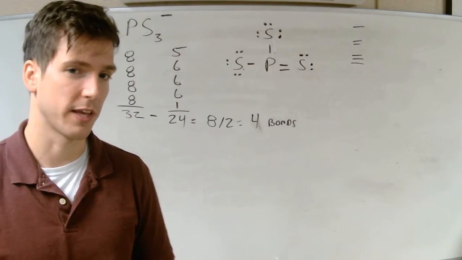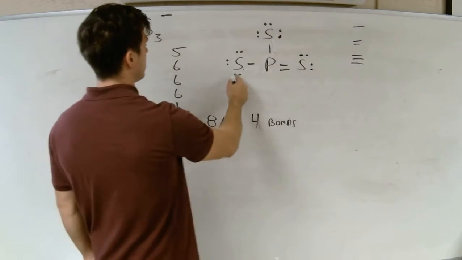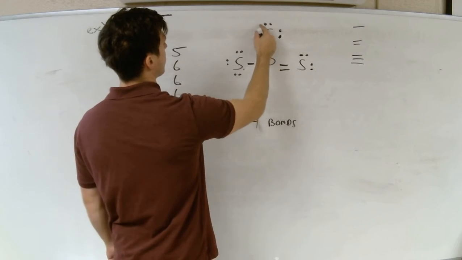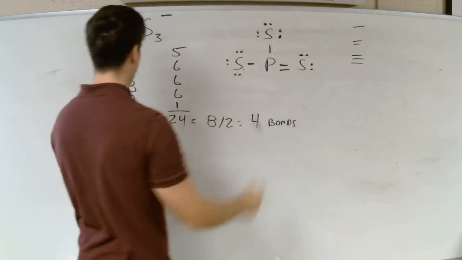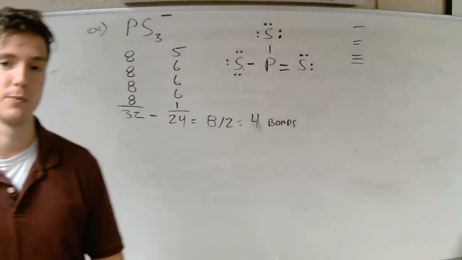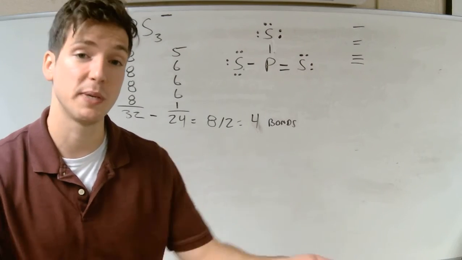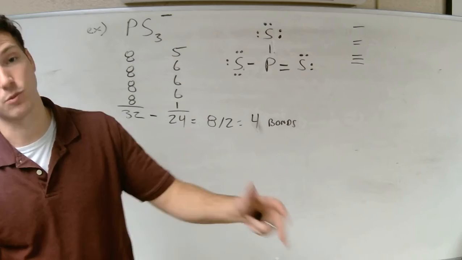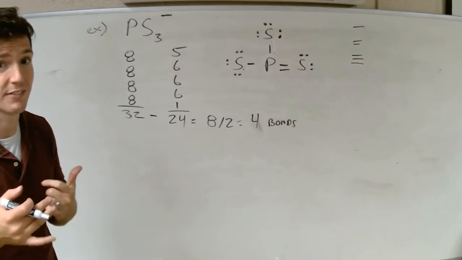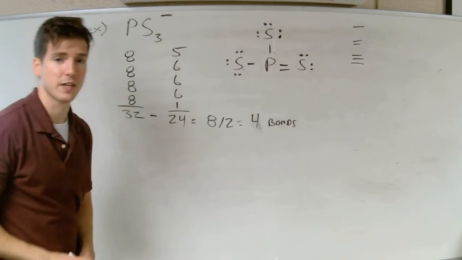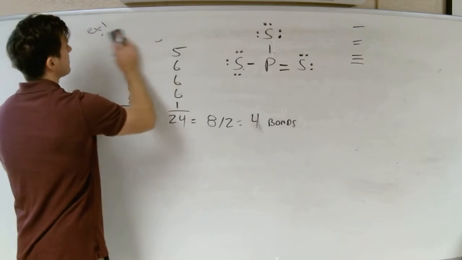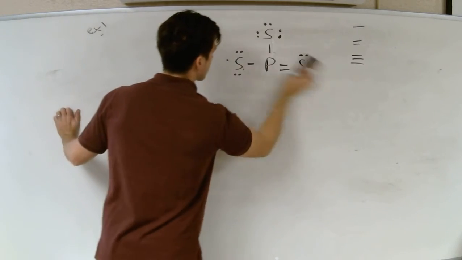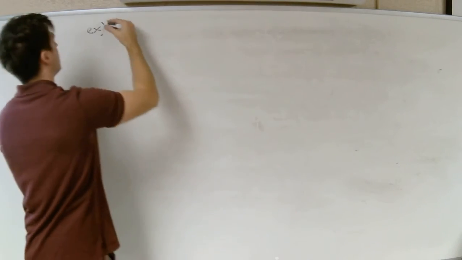Let's count up all our electrons, make sure it matches our valence. 2, 4, 6, 8, 10, 12, 14, 16, 18, 20, 22, 24. We know we're on the right track. So that's PS3 negative. Make sure you're adding valence electrons if it's minus and subtracting valence electrons if it's positive. Real quickly, last one, because I'm running out of time, is